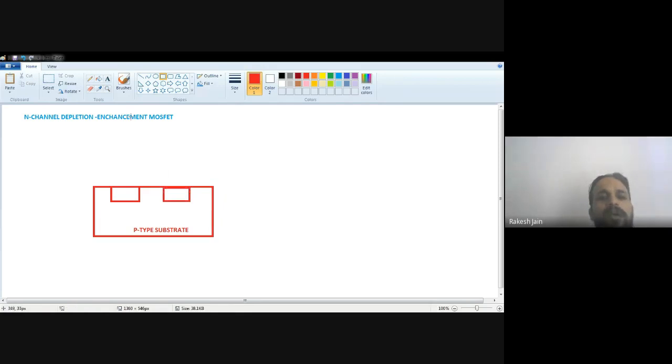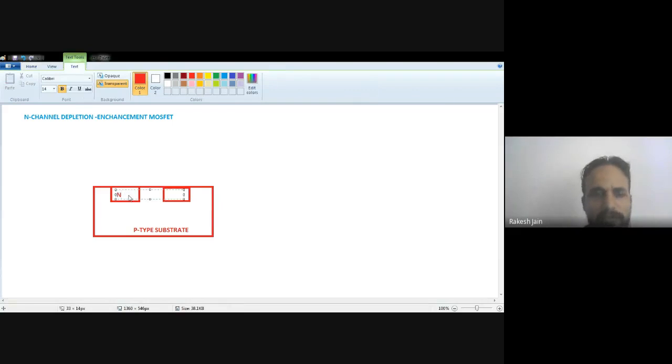The substrate is p-type and these regions are n-type, so we use n with a plus sign that shows they are heavily doped, don't be confused. The plus sign shows that the doping level is higher compared with the previous case. Now those two heavily doped n regions are diffused. Between them, a channel is diffused of the same kind of material, which is n-type, since we use n-type semiconductor deposited on the p-type substrate.